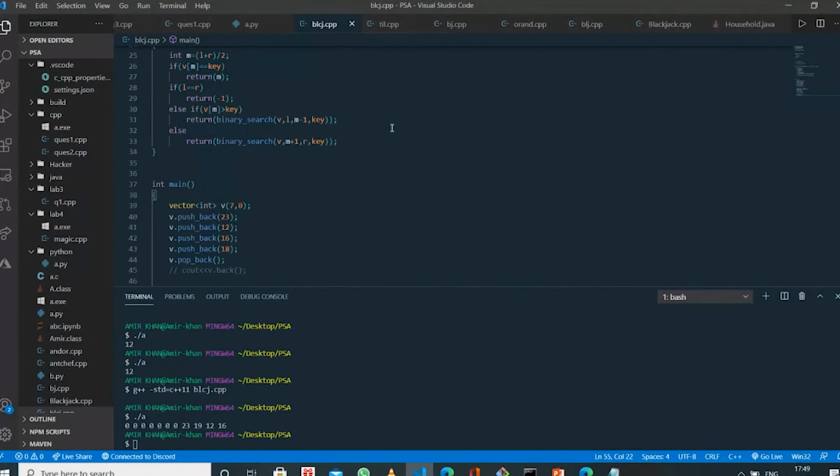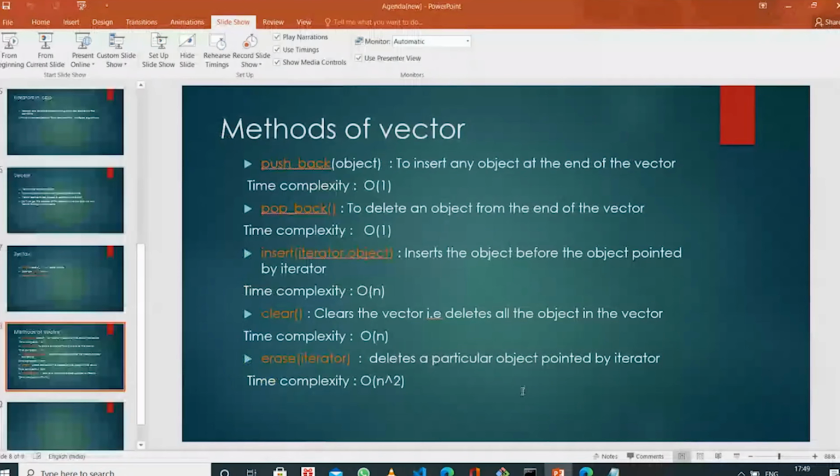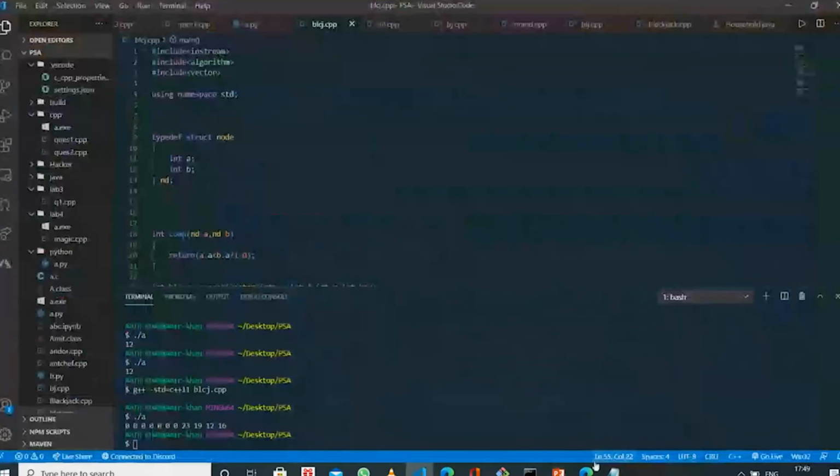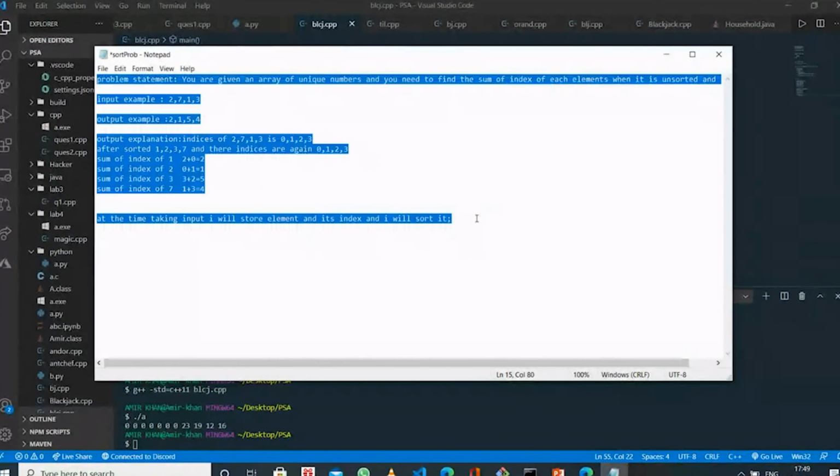So let's discuss one problem using vectors.